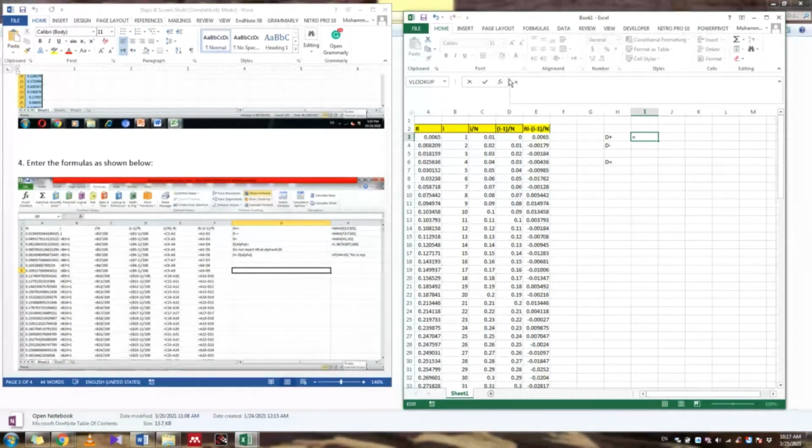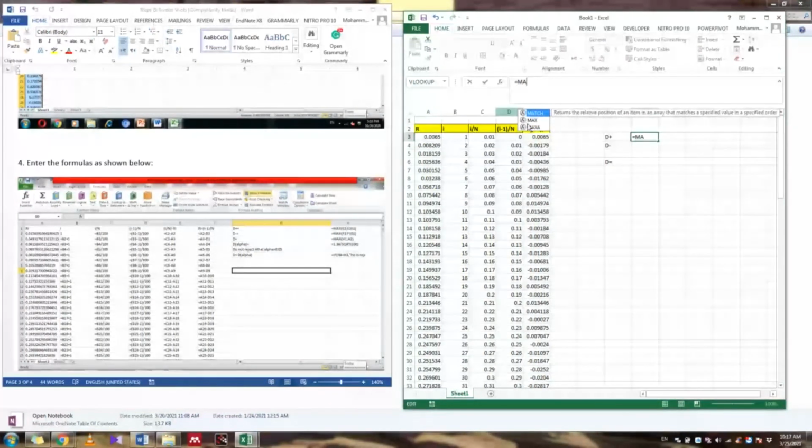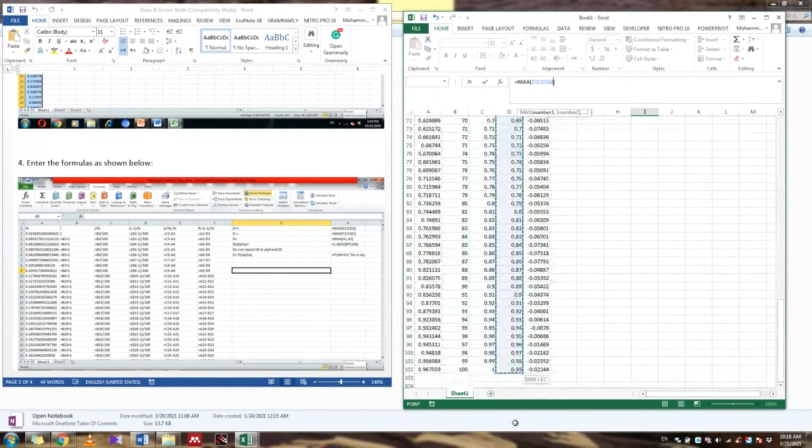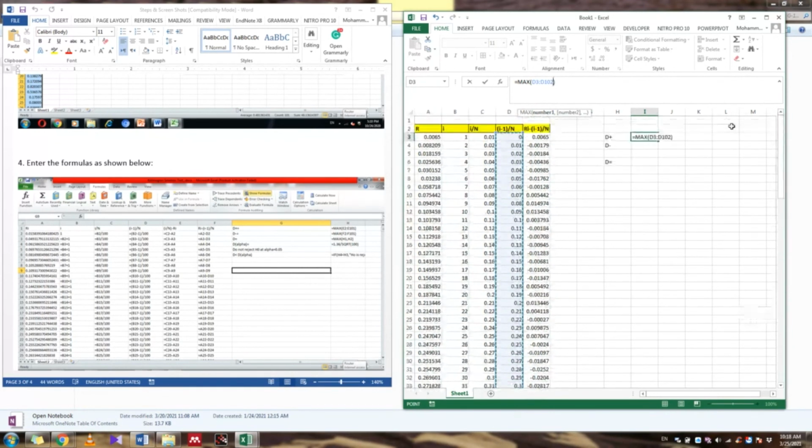Equal to max, in brackets, go up to Ri. Okay, enter. This is the maximum value for this. And next, D minus, also equal to max, in brackets, select this.